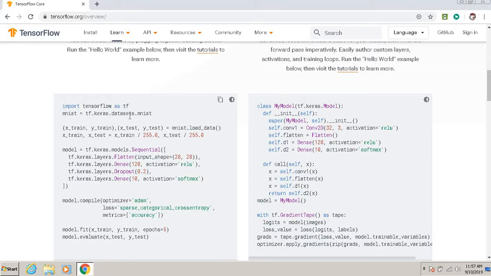MNIST is actually handwritten 0 to 9 characters which we have to train on to detect the 0 to 9 characters, right? So what we are doing actually is tf.keras.datasets.mnist. So we are taking MNIST into this object. So our data set, which is 0 to 9 handwritten data, is now in this.